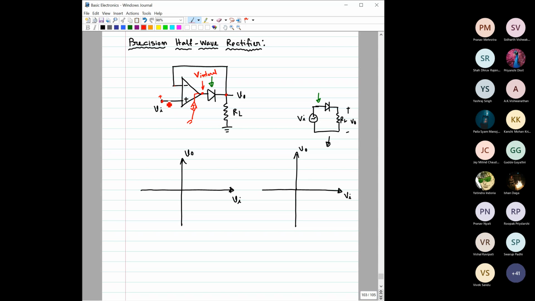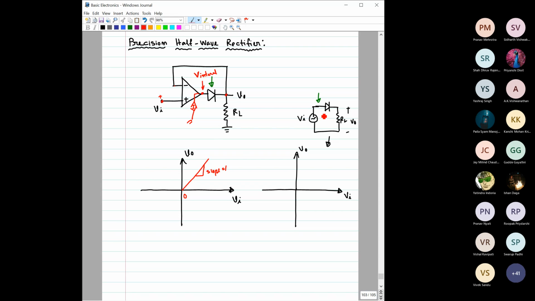So as a result, if you plot this V output versus V input, from 0 voltage onwards, as you increase this Vi, you will get the output voltage, right? So basically the output voltage would rise at 45 degrees with a slope of 1, right? It will rise,